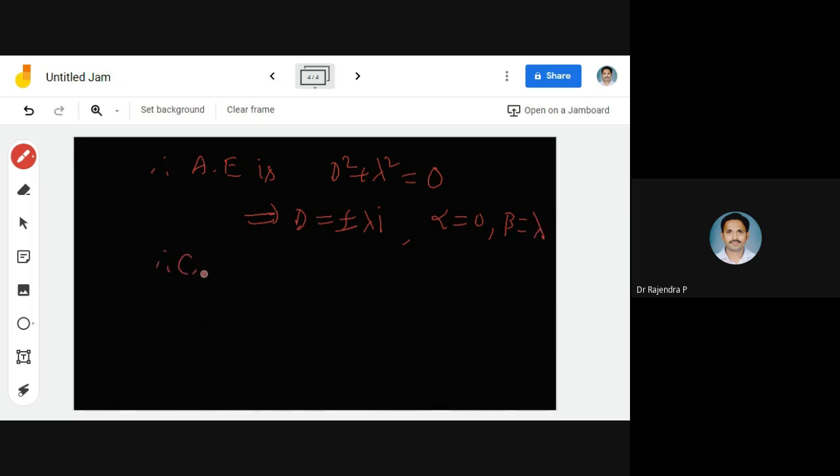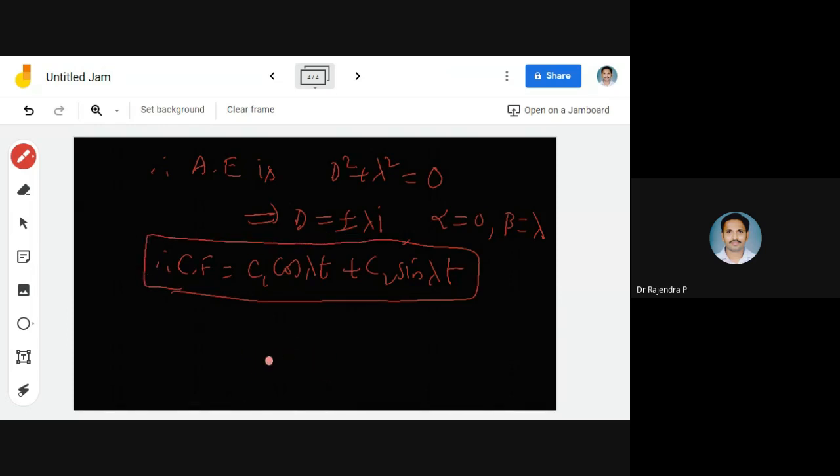So we can write the complementary function here. I'm not writing e power alpha t because that is already 0. C1 cos, we are solving Q in terms of t. Okay. Beta value is lambda t plus C2 sin lambda t. Beta value is lambda into e power alpha t. E power alpha value is 0, e power 0 t, that is 1. That is the reason I'm not writing it directly. We want to write this particular result. Okay. Is there any difficulty till then?